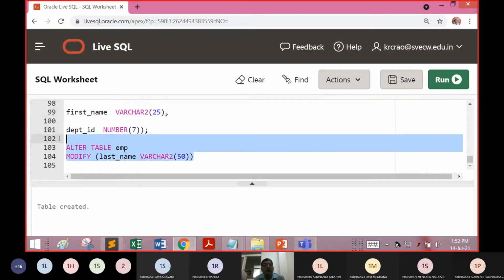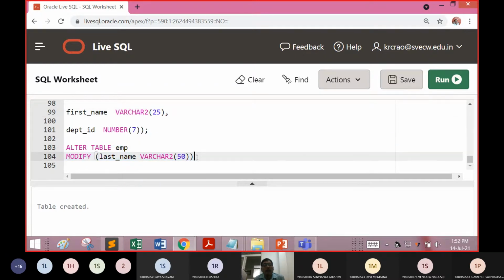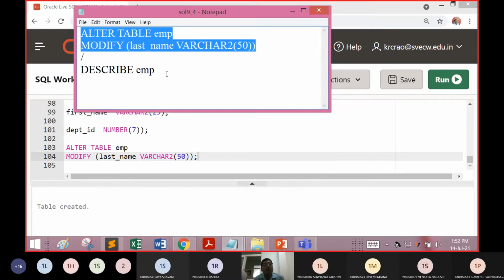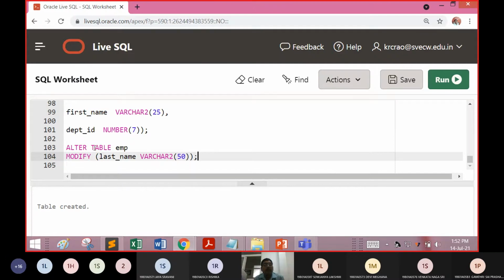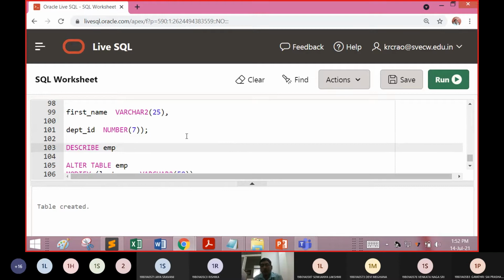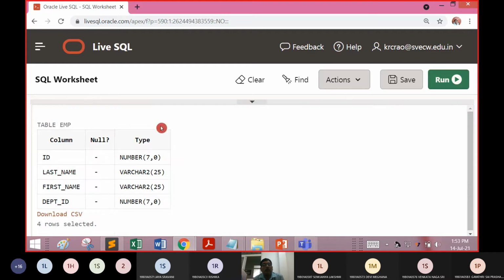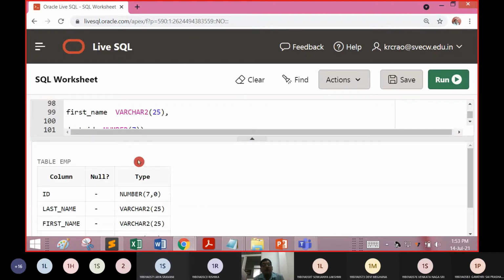Now you are going to modify the table. So before that, before and after, we can check the modifications here. So DESC employee, now you can see that the last name is 25, first name was 25. This is what the existing table structure was.